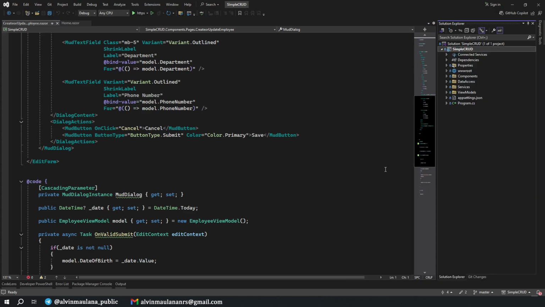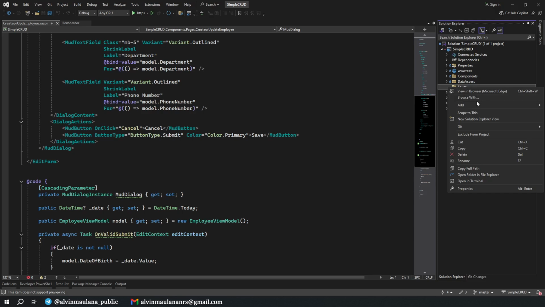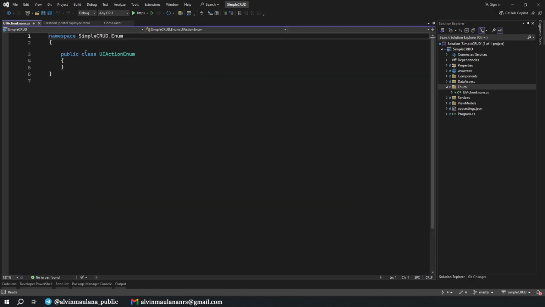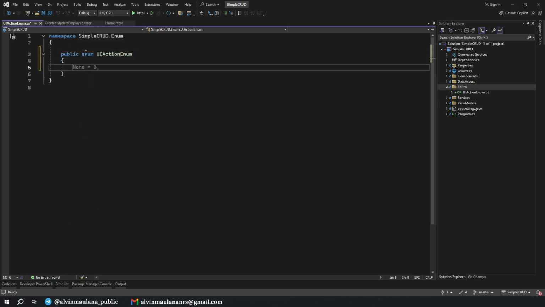Maybe we just insert into a new folder, enum class, UI action enum. Change it to enumerator, and we have insert and update. I will tell you about this later.